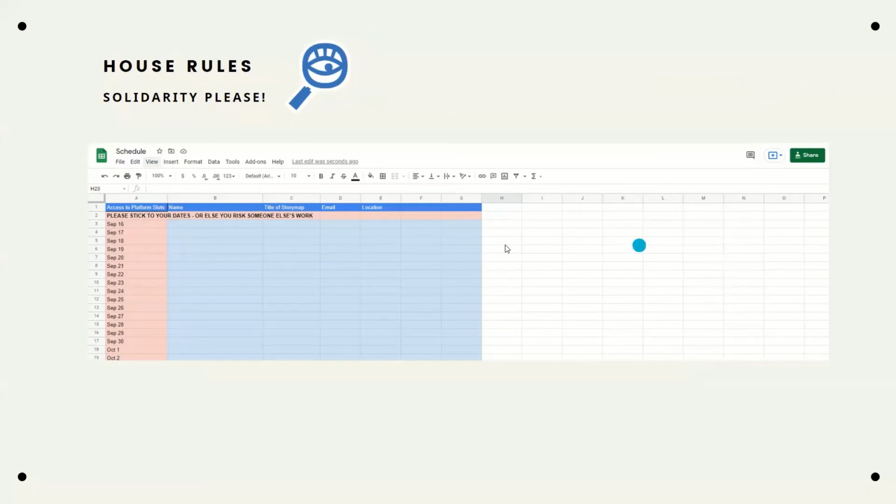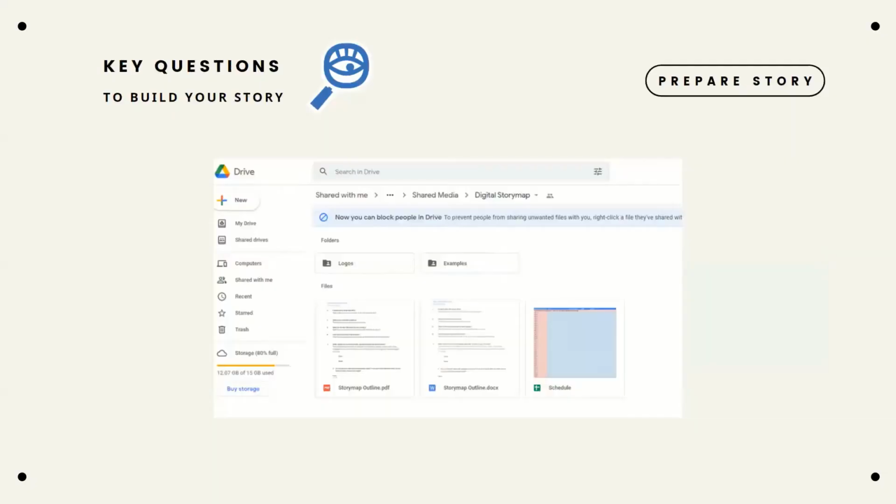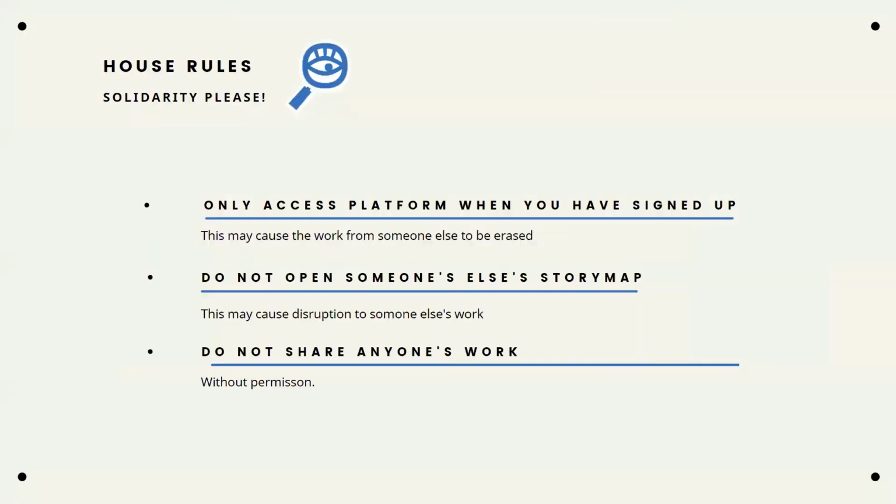not currently in that. I mean, it might be a little complicated, but I think it should be fine. I would just ask you to sign in your name for max 2 or 3 days. And you'll get access to that password. You'll get access to the logos, the examples, and the story map outline, which might help you if you're getting a little bit stuck. And I would just ask for a couple of house rules,